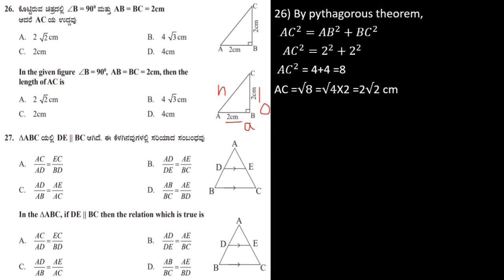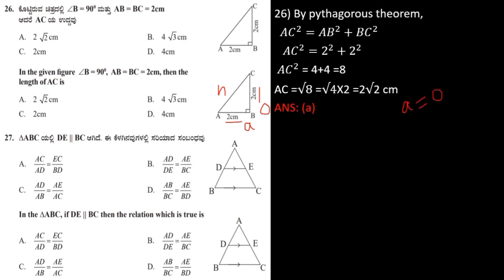Instead of doing this much calculation, you can easily tell, because if opposite and adjacent are equal, you can easily write the answer. That means you can see that 2 we have. Therefore, we got the answer 2 root 2. Instead of that, if you have a 5, you can write 5 root 2. Otherwise, if you have a 3, 3 root 2. So like this you can write the answer easily, avoiding these calculations and wasting time.